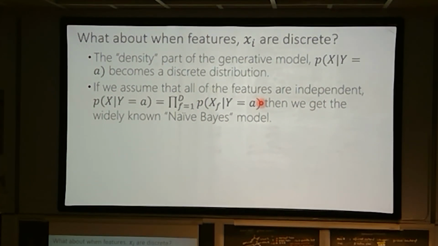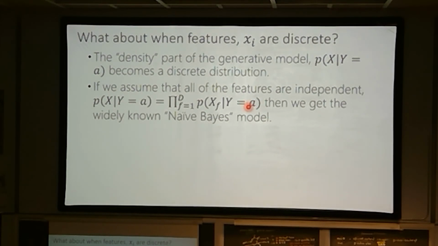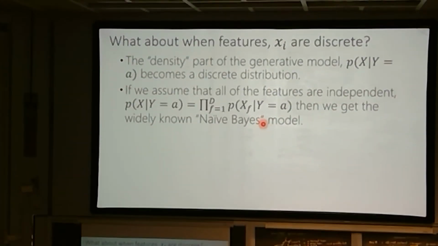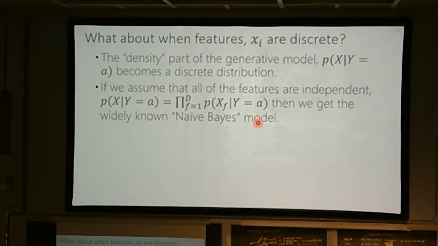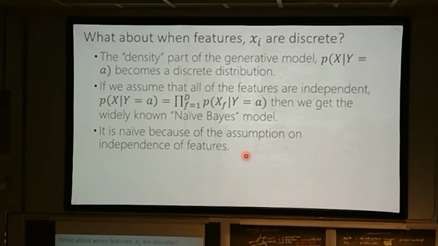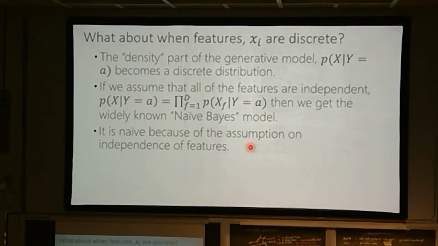And then it means it has very few parameters, because as soon as you allow these things to not be independent, you basically need parameters for their pairs and for all of their kind of couplings. But if you assume they're independent, you only really get one parameter per feature. And if you do this, there's a very famous model called naive Bayes. And it's naive because of this assumption of the independence of the features. And in fact, I don't actually know why it's so famous, because I think it doesn't work very well for this reason.